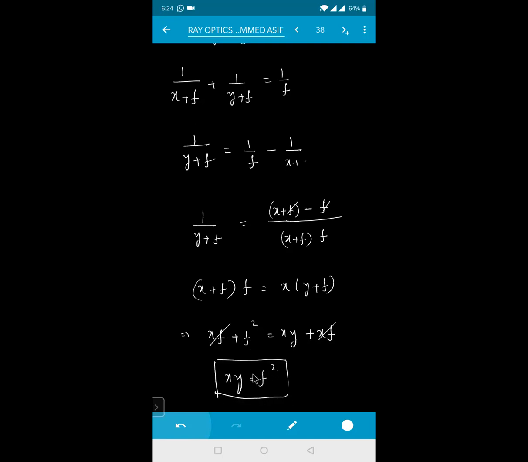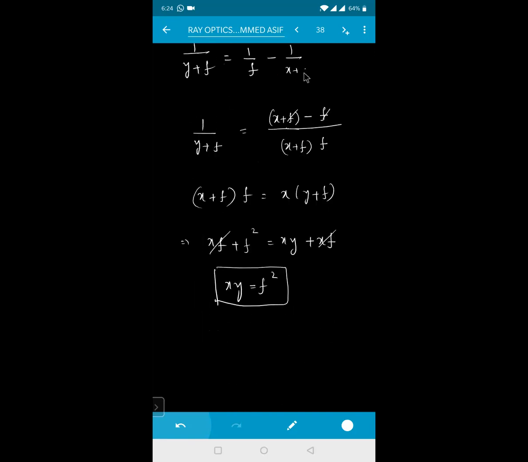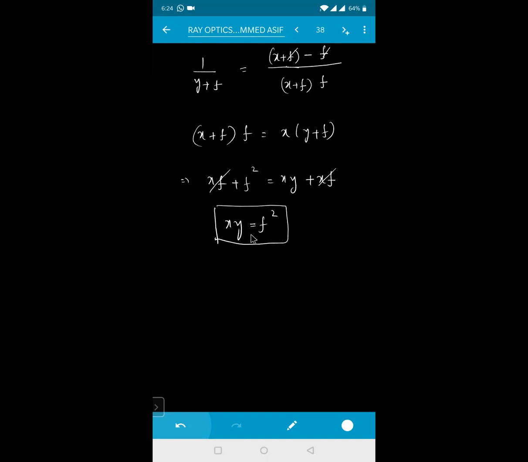So the relation between the focal length and x and y will be what, beta? You should know very clearly what x and what y is. X is the distance of the object from the focus and y is the distance of the image from the focus. The relation between x, y and the focal length f is given by the formula x into y is equal to f square. This I have written with the sign convention, beta. Again, you need not apply the sign convention for this one. Is it clear? Okay, sir. Yes, sir. Sure.